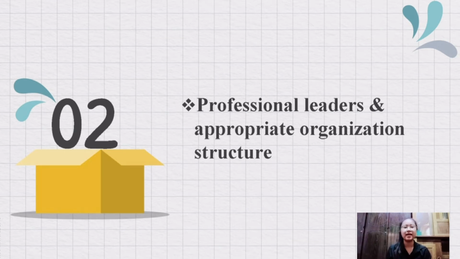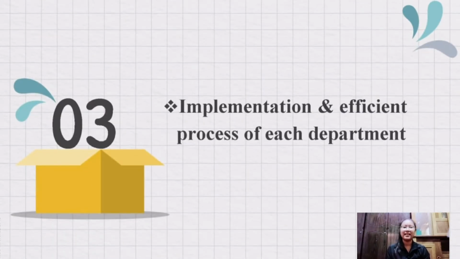For instance, SSU employees had divided their work according to the department, which includes warehouse clerk, billing department clerk, account receivable clerk, cash receipt clerk, and so on. This has shown that the internal control in SSU is part of a smooth running company. Last but not least, the next step in strengthening the internal control procedure of SSU revenue cycle is implementation and efficient process of each department.